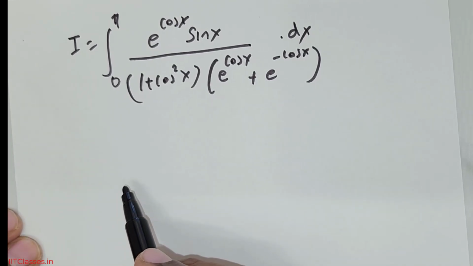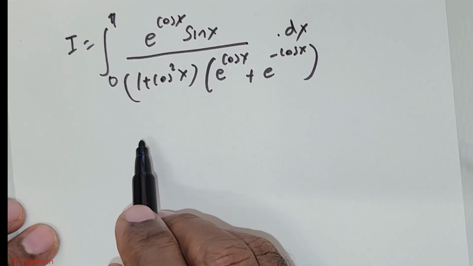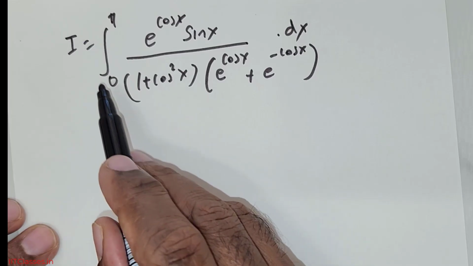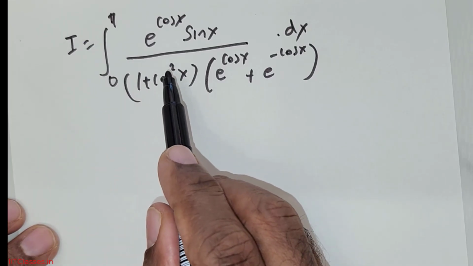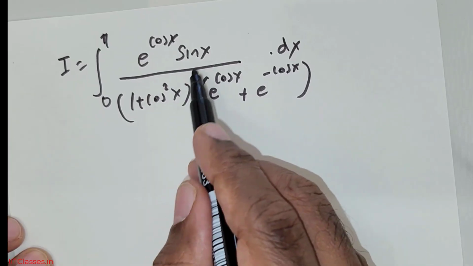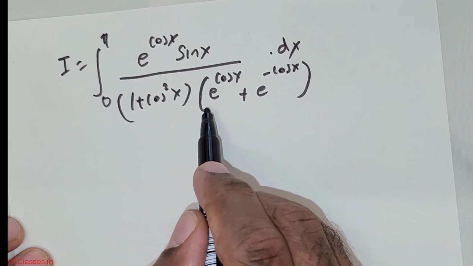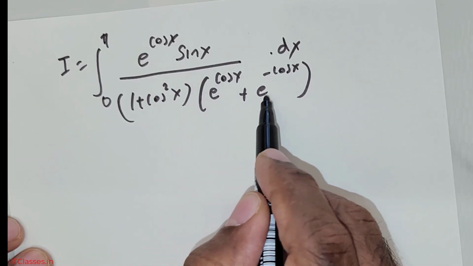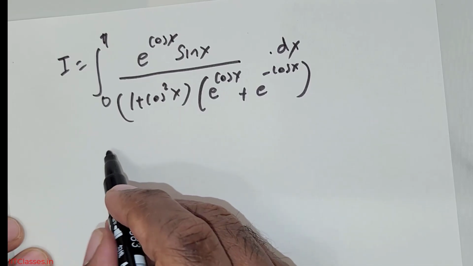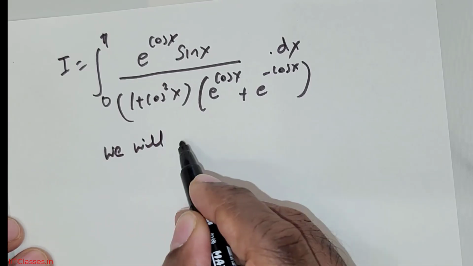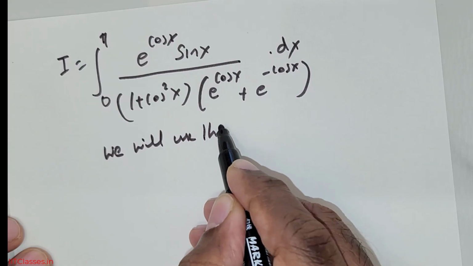Good day, everybody. We've been given this question. We are expected to integrate this: the integral from 0 to pi of e^(cos x) times sin x divided by (1 + cos²x) times (e^(cos x) + e^(-cos x)). So what we will do is we will use this property,